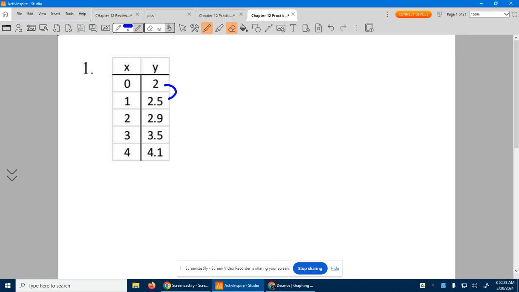At the very beginning, this grows by 0.5. Then from here to here, 0.4. And then here to here, now it's starting to go up a little bit more, a little bit more. So it's almost a constant growth, which I don't like. But again, as the numbers get bigger, they're starting to get wider and wider apart. That would represent a graph where it's not a whole lot at the beginning, but boom, in the end,